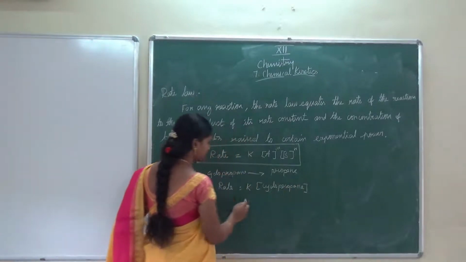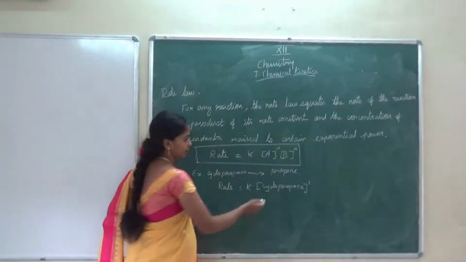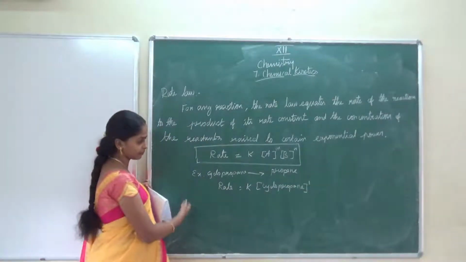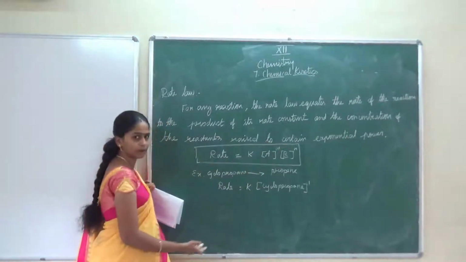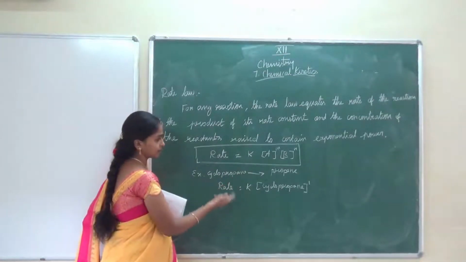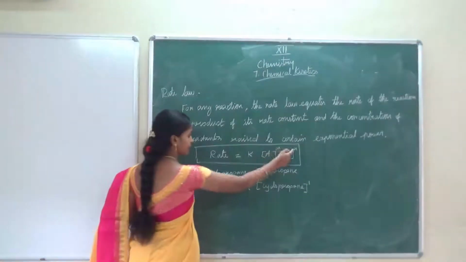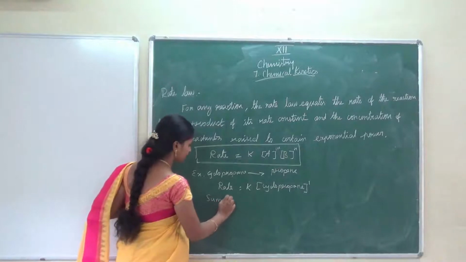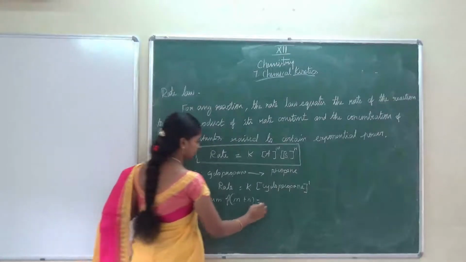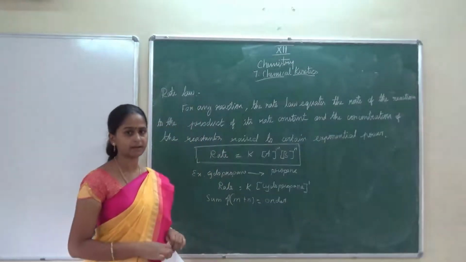Here, by doing the experiment, you will get the power value. In our book they have done it and entered it as 1. Now we will take one example, work it out, and find the m and n values. If any equation is given along with the m and n values, you have to write it. The sum of m and n, that is m plus n, is nothing but the order of the reaction: first order, second order, third order.